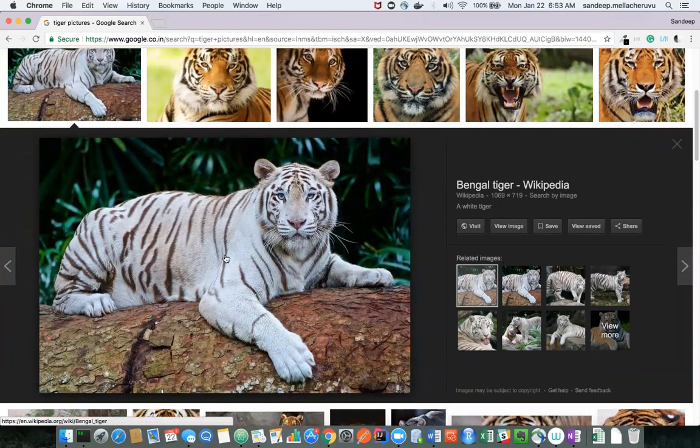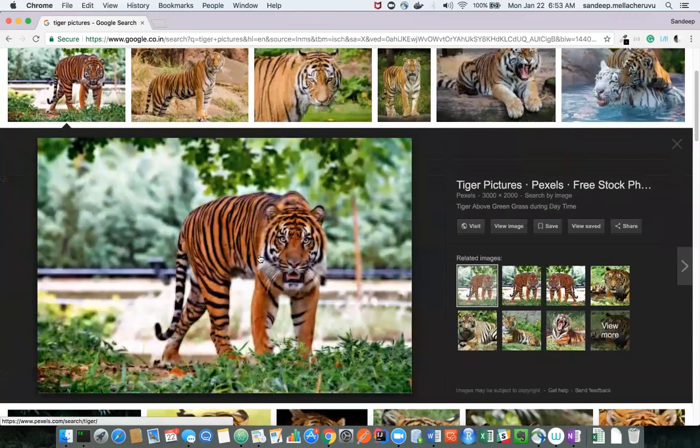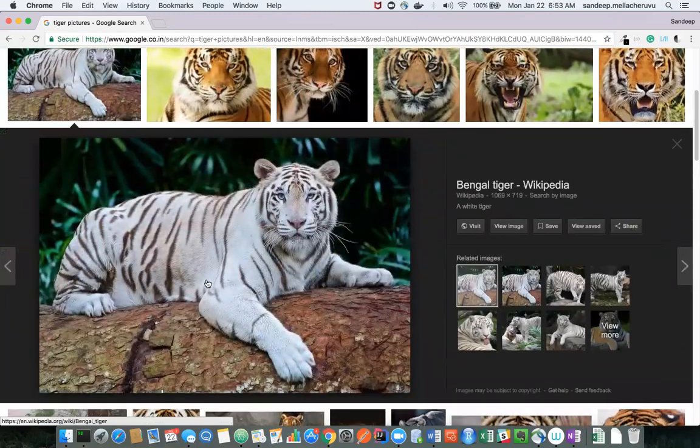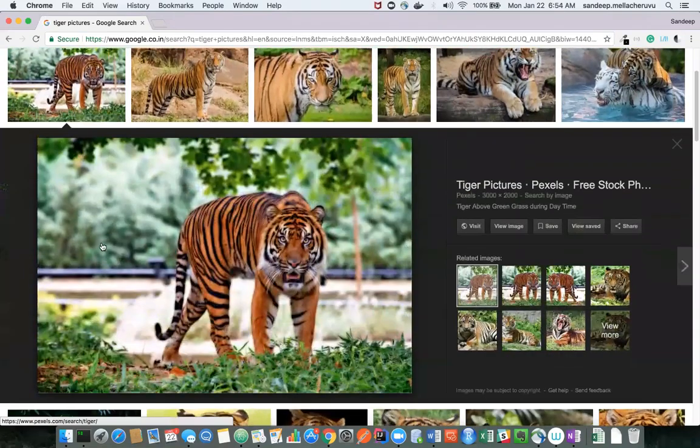And the texture of the skin of the tiger is completely different. It's an orange kind of thing here, and it is more like a white-skinned tiger here. So even though you tell the computer that this is a tiger, the computer may not be able to identify it.